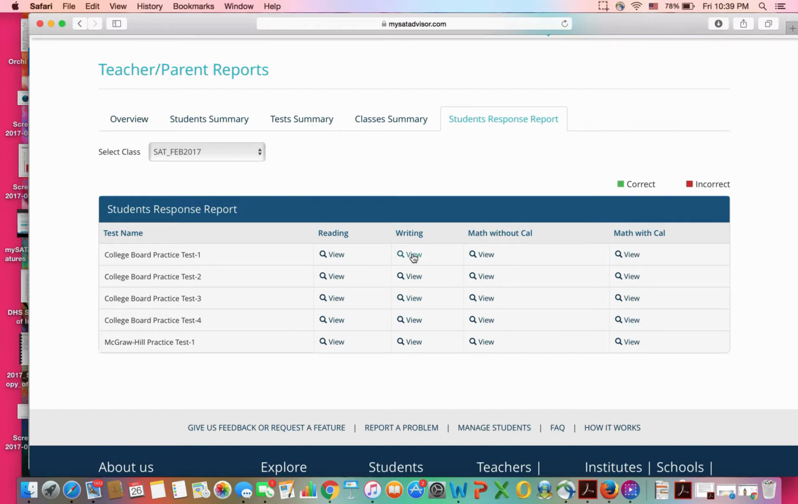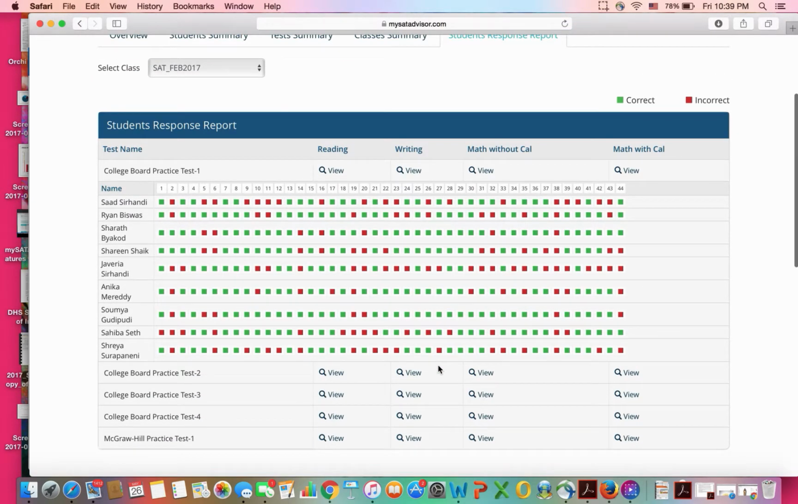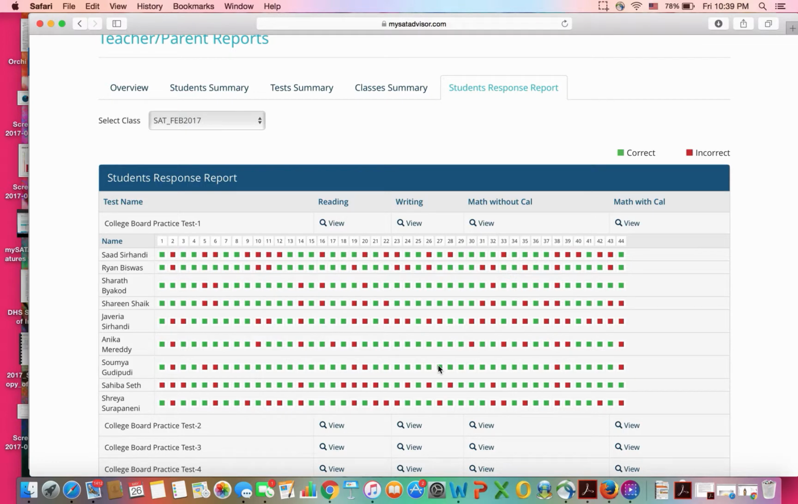I don't know, let's pick writing. Let's go ahead and click writing. This is another very cool resource. It's a visual heat map that's somewhat similar to the classes summary tab feature that I showed in an earlier tutorial. This just gives a more detailed picture of what was in the classes summary tab and breaks the information down